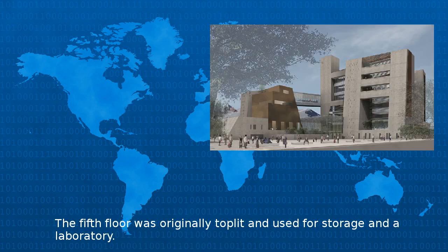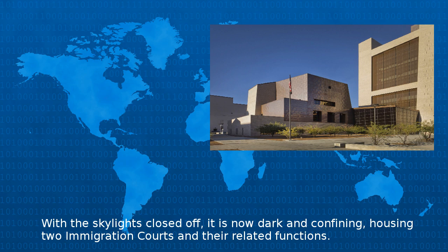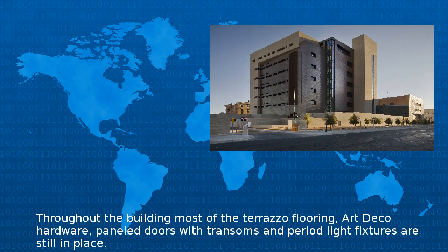The 5th floor was originally toplit and used for storage in a laboratory. With the skylights closed off, it is now dark and confining, housing 2 immigration courts and their related functions. Throughout the building, most of the terrazzo flooring, Art Deco hardware, paneled doors with transoms and period light fixtures are still in place. Attribution: